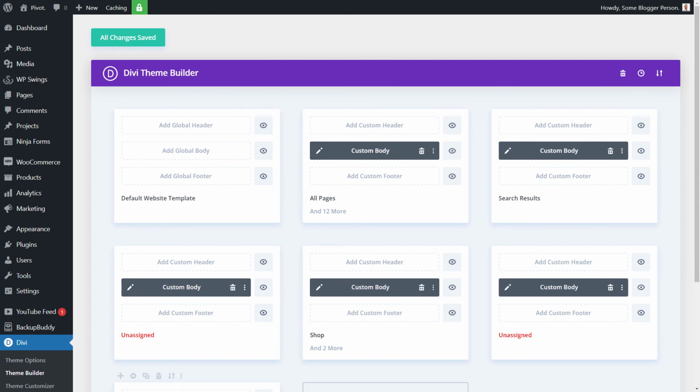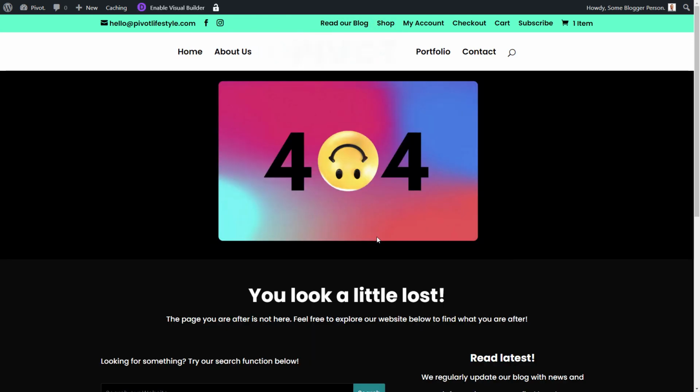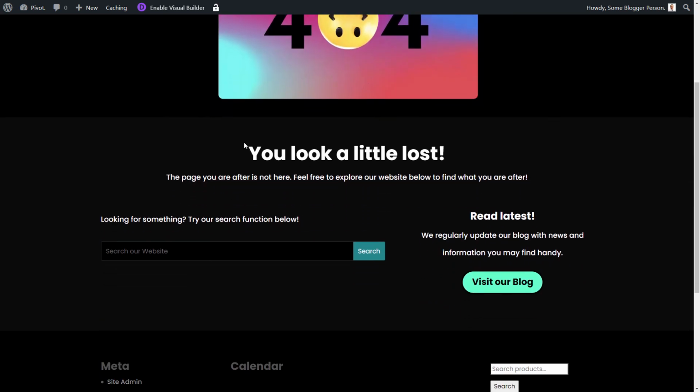So now if I decide to go to an area of the website that is actually an unknown page, I'll just quickly duck ahead. This was our 404 page, but now I'm going to refresh. And now we've got something a little bit more interesting. The cool graphic that says 404, you can be a bit funny with it if you want to. You look a little lost, people can either visit the blog